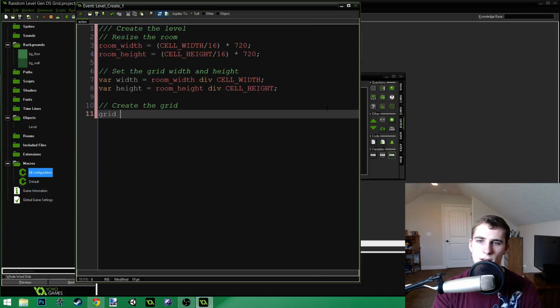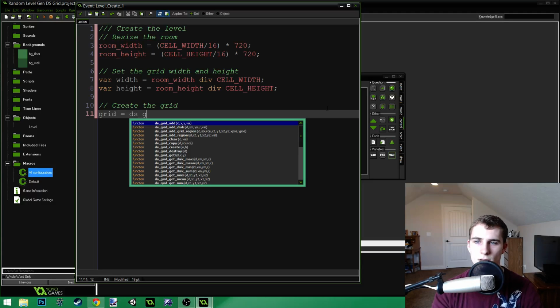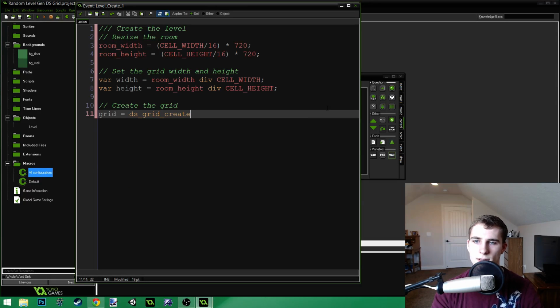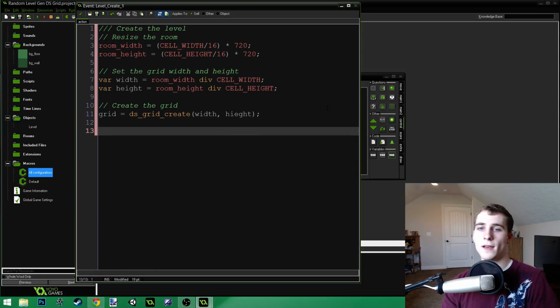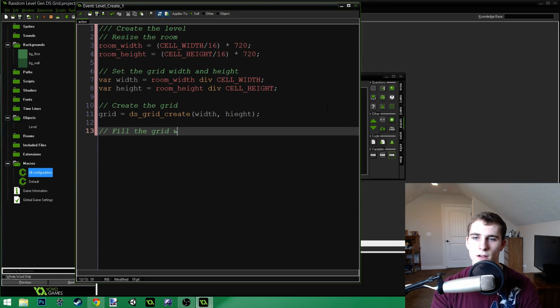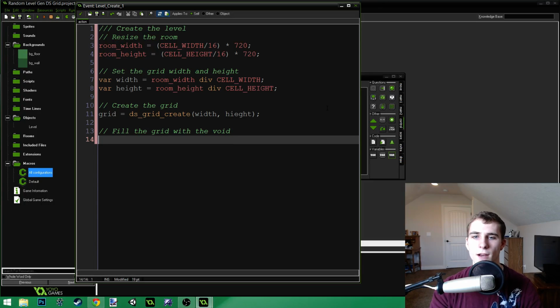So grid equals ds_grid_create, and we pass in a width and a height, which we've already created. Width, height. There we go. We've created our grid. So you've created your room, it just doesn't have anything in it. So we need to fill the grid now. Fill the grid with the void. And GameMaker has a nice function that allows you to do that,